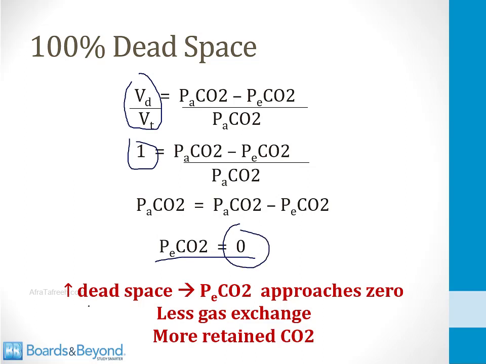So the important principle here is that as the amount of dead space goes up and gets closer to 100%, the expired concentration of carbon dioxide approaches 0. That's because there's less gas exchange. Dead space is bad for gas exchange, and there's going to be more retained carbon dioxide in the body. The more dead space you have, the higher the carbon dioxide will become unless you can increase your ventilation rate